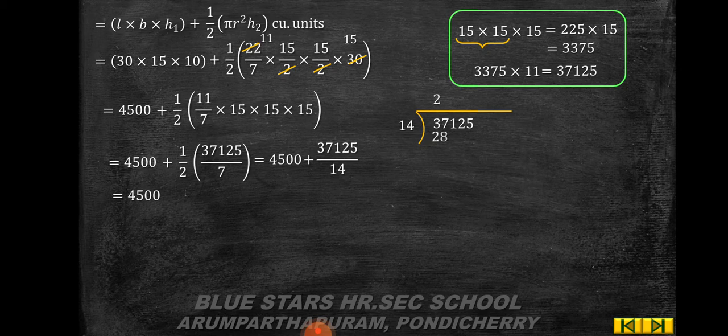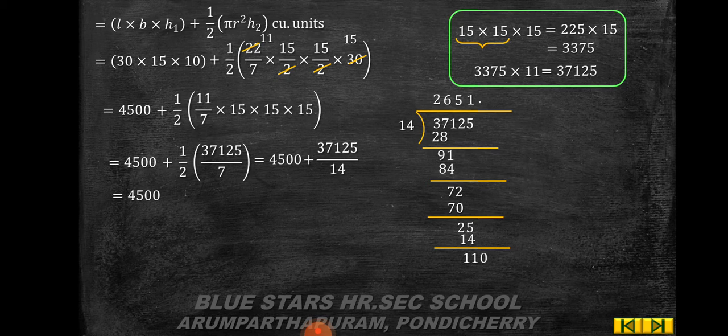So 2 times 28, you get the remaining 9. Then you have to take down the number 1. Then 6 times 84, subtract it, 91 minus 84 is 7. So keep the number 2, so 72, 5 times 70, subtraction 72 minus 70 is 2. Now 25, then 1 times 14, you get the remainder 11.